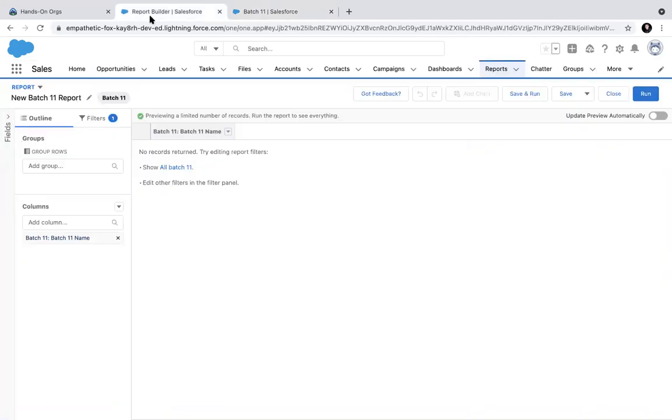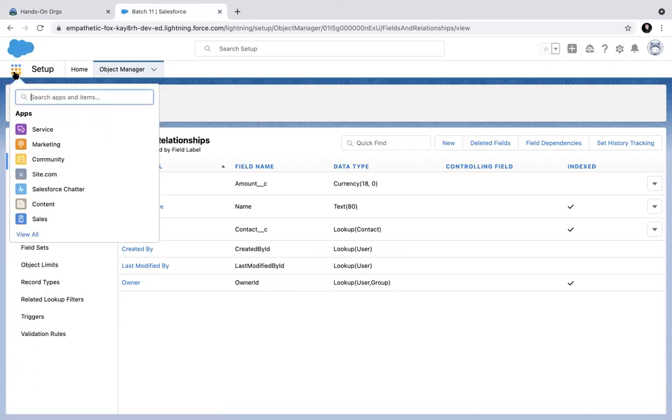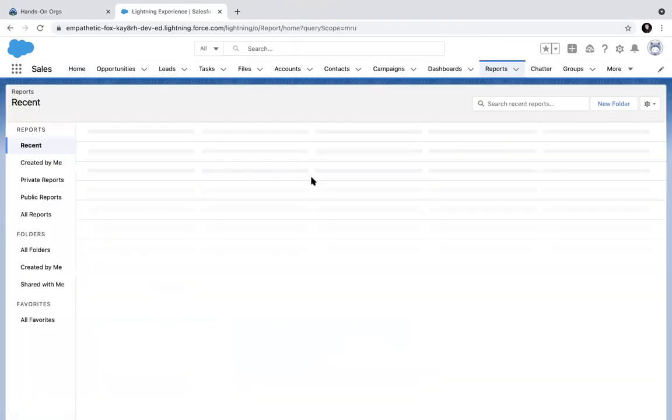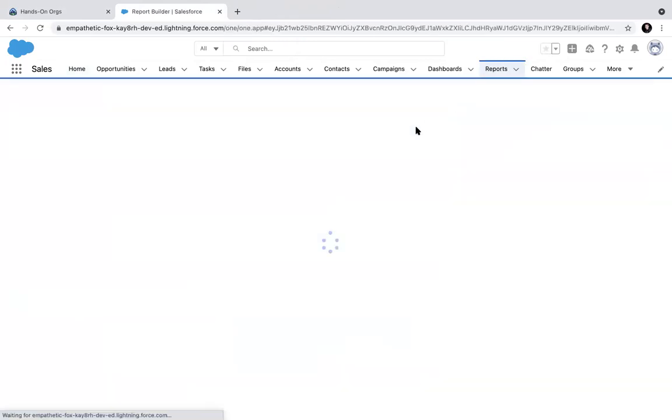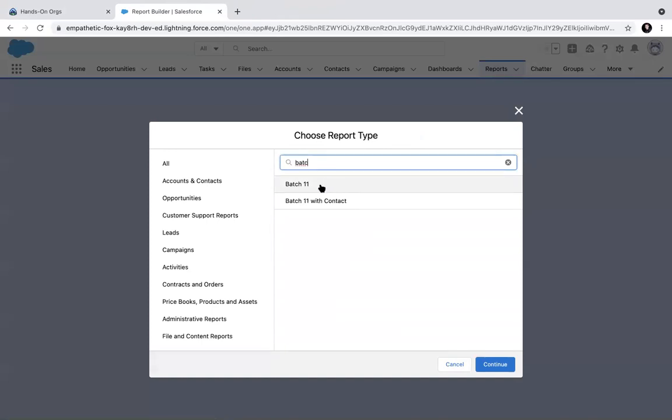Then what happens? Let's go to reports. Let's try to create a new report. You see, now batch 11 is with contact.